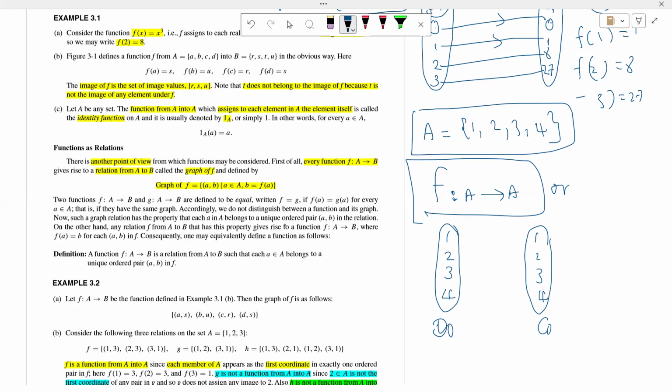Okay. It means it is not only this way: 1 to 1, 2 to 2, 3 to 3, 4 to 4. It is not always this way, right? That is also a one-to-one function, but this is not the only case, right? If I draw this way,